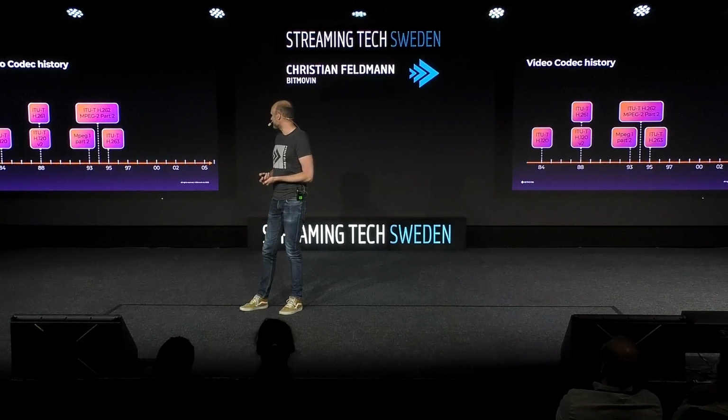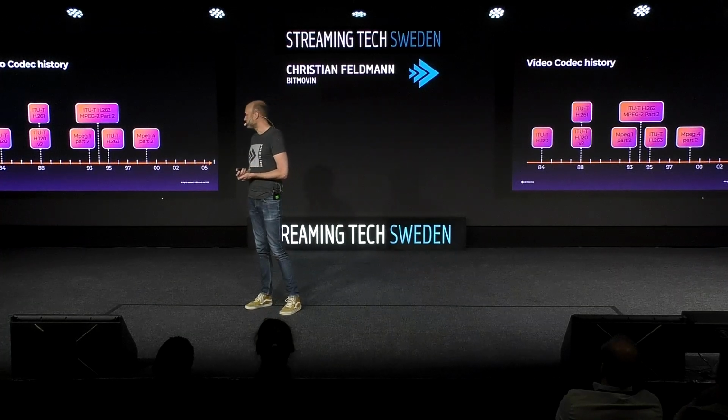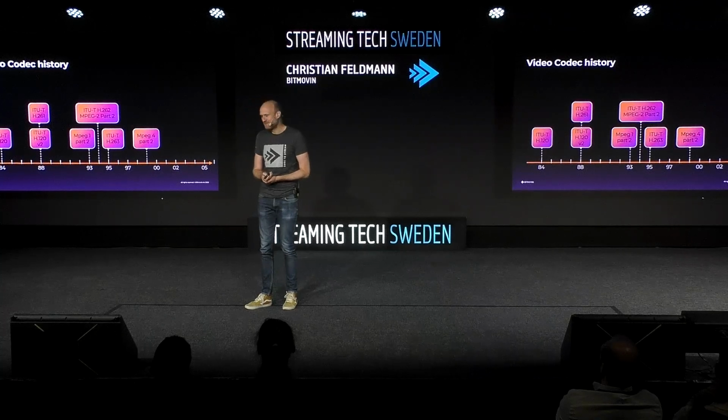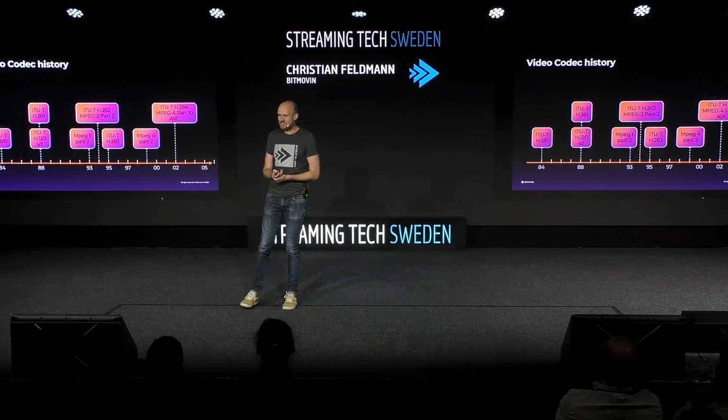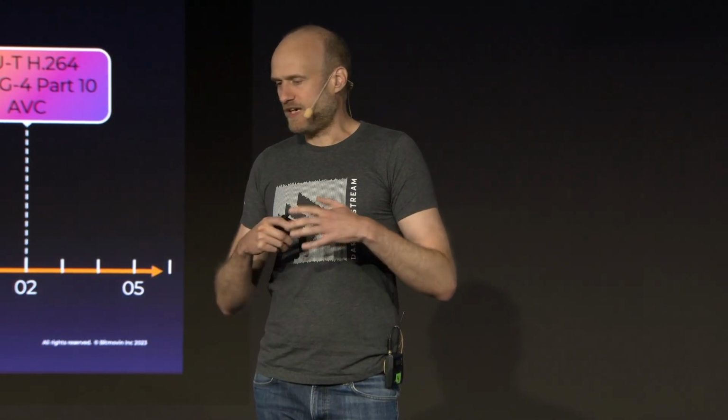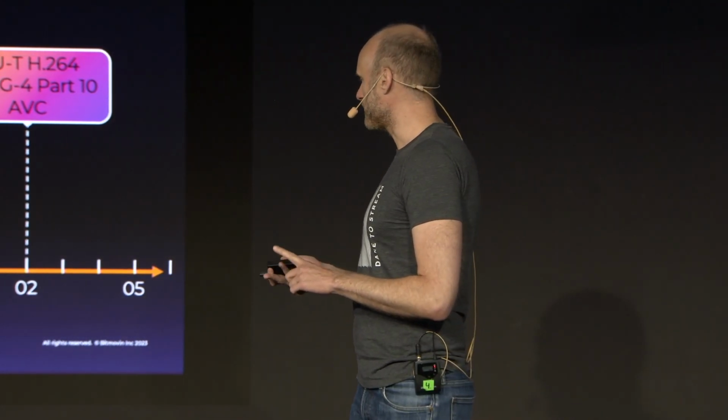Ongoing, the ITU and MPEG were actually continuing their individual standardization activities as well. So there were some codecs that were used for broadcasting. MPEG-4 Part 2, you might remember that as DivX, Xvid. That was something that came out of the hacker scene. Going forward, the next big hit, H.264, AVC, Advanced Video Coding, right? The next big hit from the joint activity. Yeah, we don't have to talk about it. It was adopted everywhere, right? Physical media, broadcast, the internet, and it's still, to this day, the most used video codec out there.